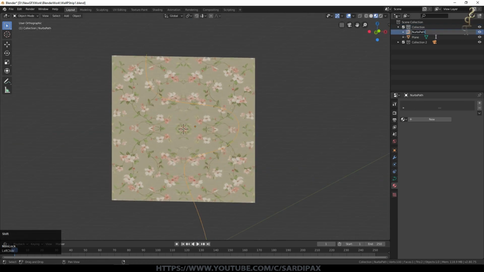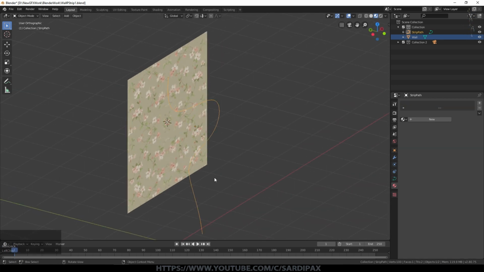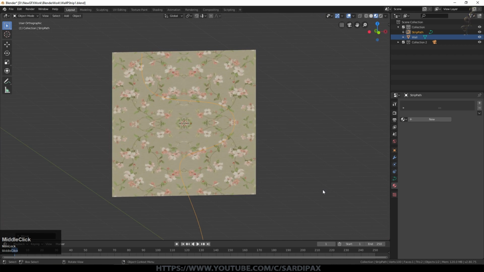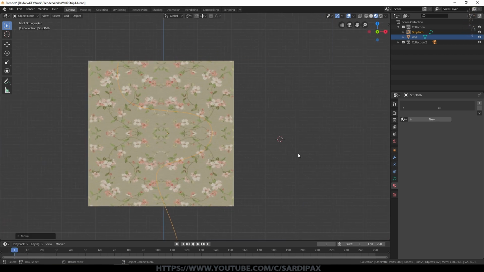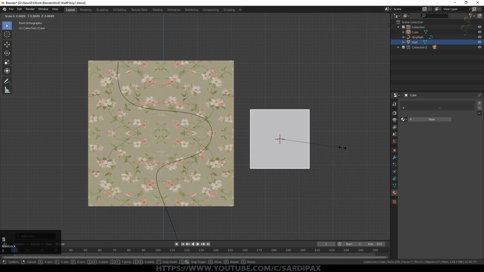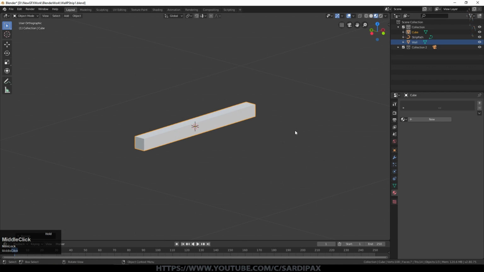We'll call that strip path and we'll call the plane wall. You can see it's put it in the default collection up there. So let's move that close to the wall. And now we need to make our stripper, so to speak. So I've just moved the cursor and I'm going to add a simple cube, scale that down and then scale it on the X and then scale it down a bit further. Zoom in on that and that will be our blade.